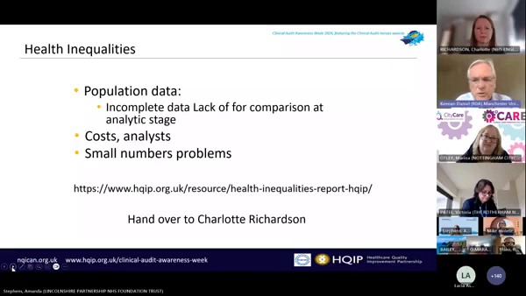And then unfortunately, cost is probably the wrong word. Those who analyze data are a very rare breed. They are very hard to get. When you get a good analyst, you want to hold on to them. They are not the highest paid. And so having analysts who do work on this is really important. And across the board in NHS England and elsewhere, we have troubles with keeping and getting analysts.